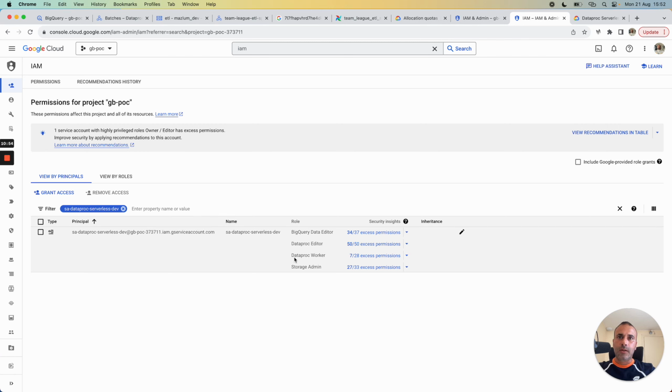I gave, for example, the Dataproc worker role, also the Dataproc editor, storage admin here, and also a BigQuery data editor to be able to write the result in the BigQuery output table.